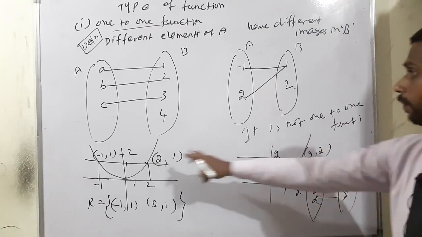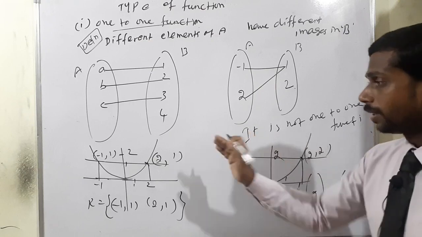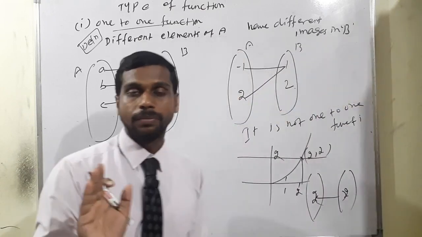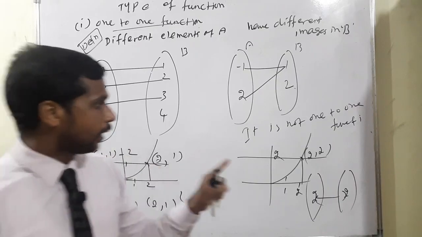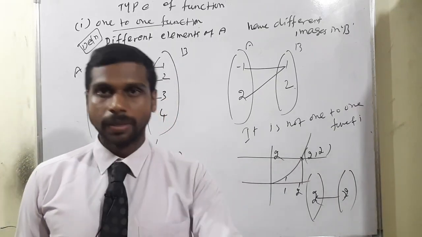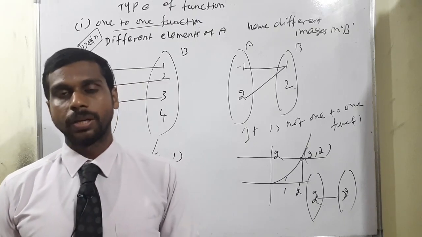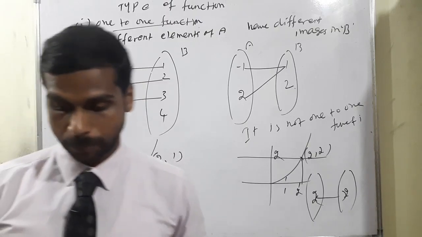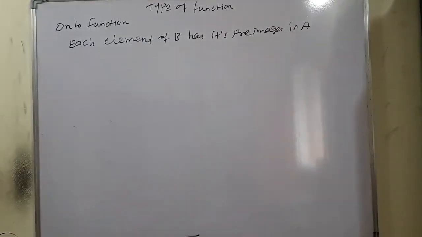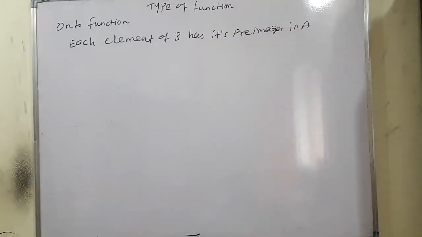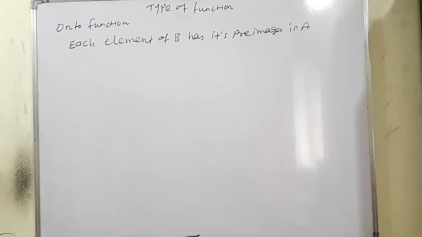So what I am saying from this diagram: intersecting more than 1 point means definitely we can say it is not 1 to 1, but it is a function. So when you have intersecting at only one point, that is called a 1 to 1 function, okay. I will continue with the next step. I am moving to